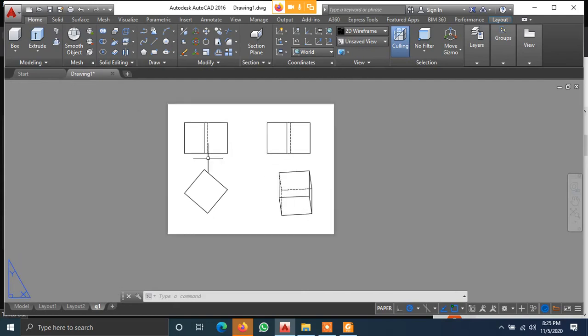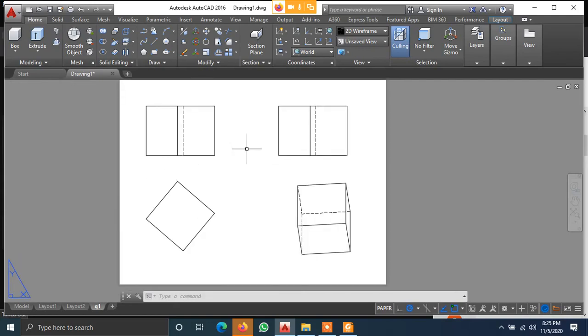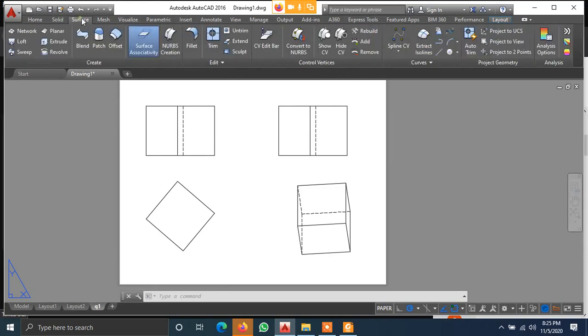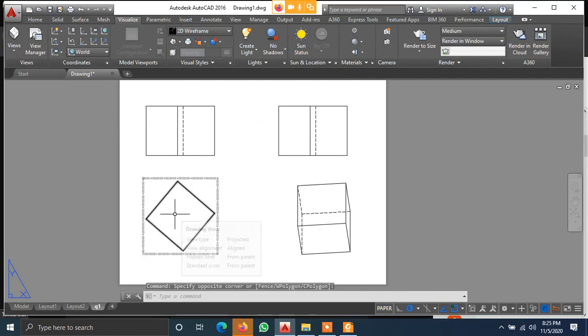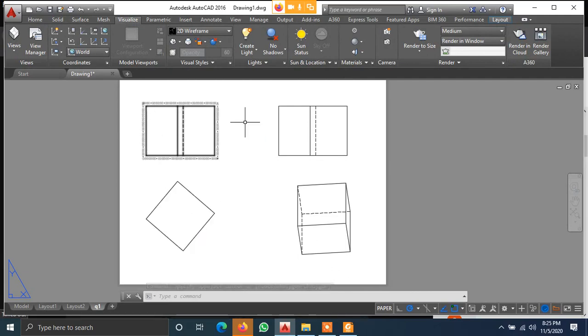Now which views are suitable for annotating them? Can you just tell me? Your top view is suitable for annotating the angle. Your front view is suitable for annotating your height.